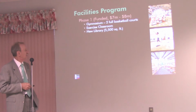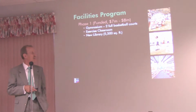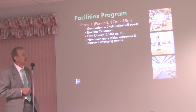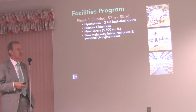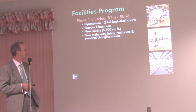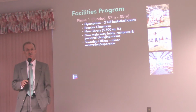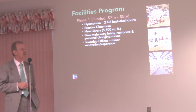A new library, replacing the 800 square foot library with about 5,500 square feet of space. And then the building will require a new entry and lobby, restrooms, just personal changing rooms, not big locker rooms in the first phase. We kind of do it a step at a time. And then township offices, some minor renovations to the township offices, and we'll show that in a minute, but basically